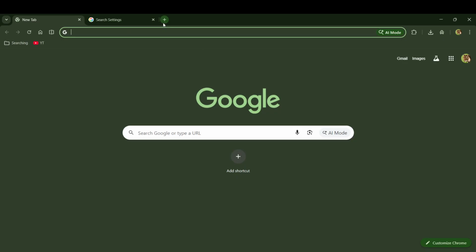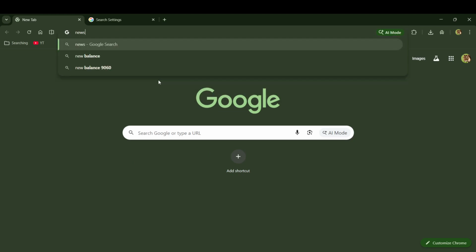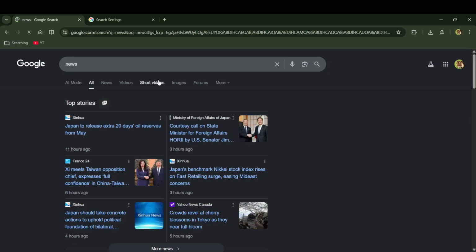A couple of quick notes to set expectations. This setting influences Google search results in Chrome, but other signals, like your general location and account preferences, can still play a role in personalization. If you use multiple Chrome profiles, each profile can have its own preference. And if you ever need to switch regions again, just return to the same preferences page and make a new